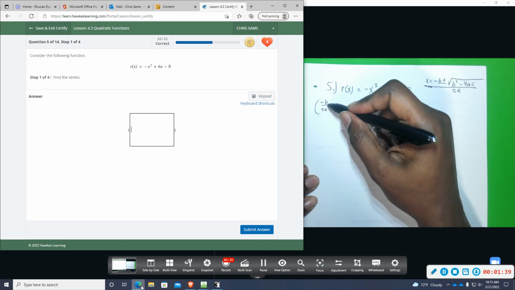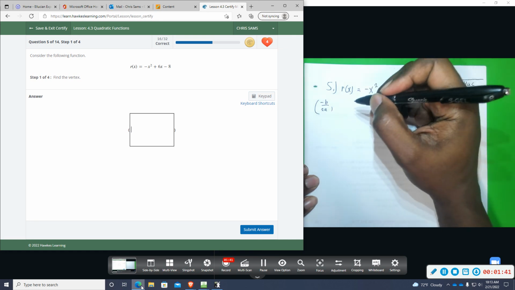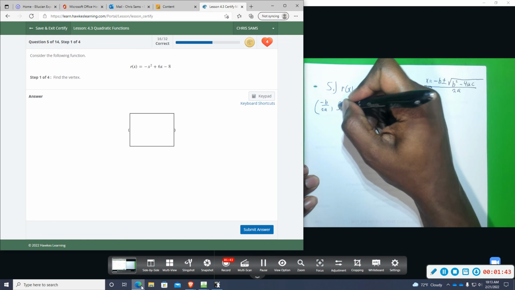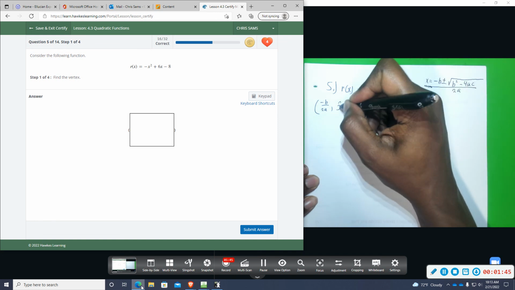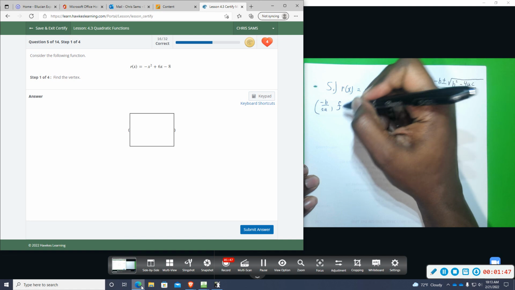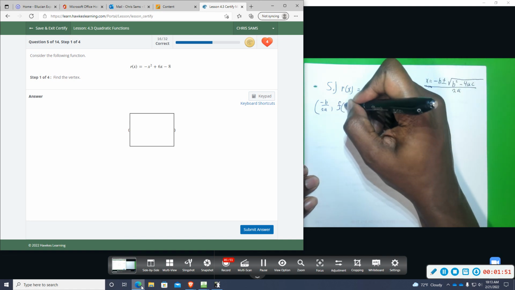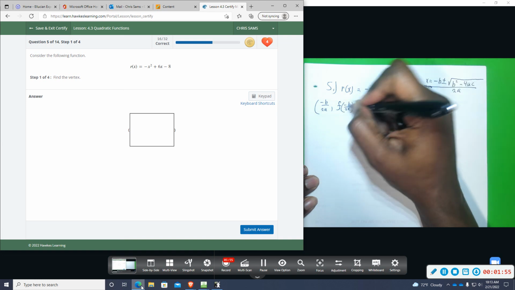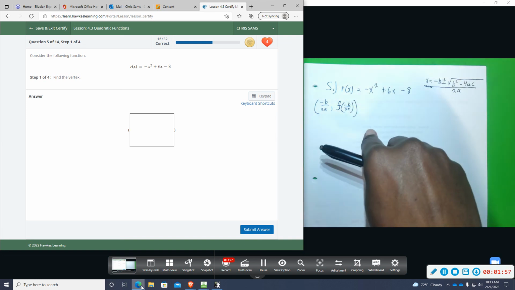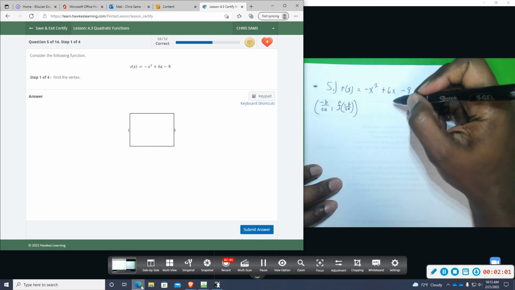this value that you get and then plug it in to the original equation, which they're using r, but traditionally it's f of x. They're using r, and then you plug in the negative b over 2a here, and that will give you that ordered pair. And then you could also,